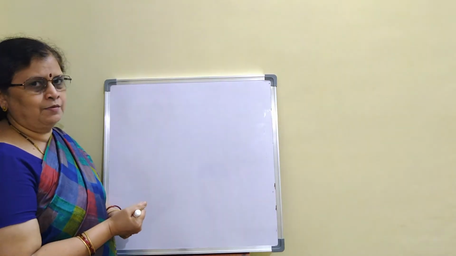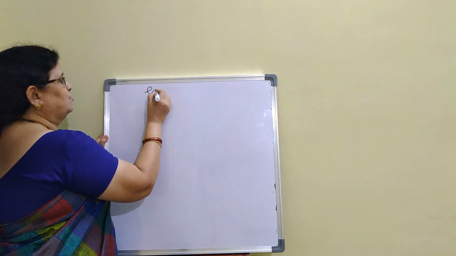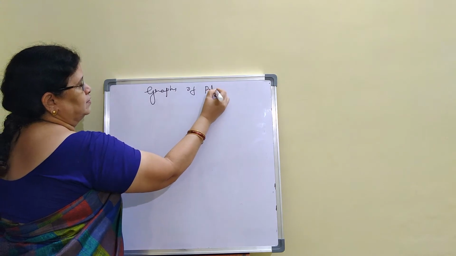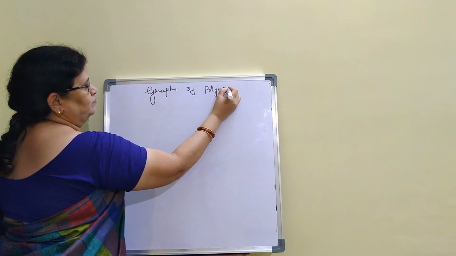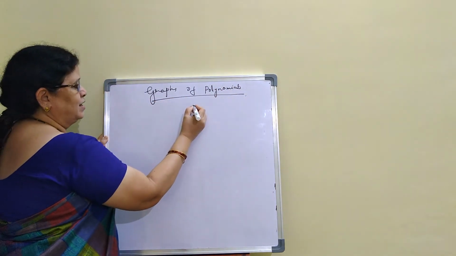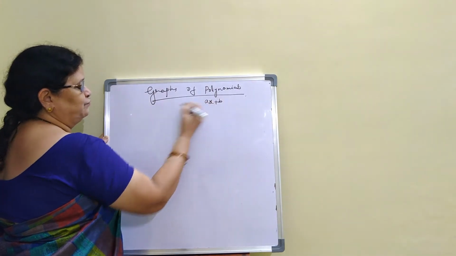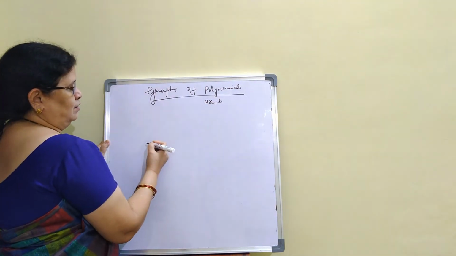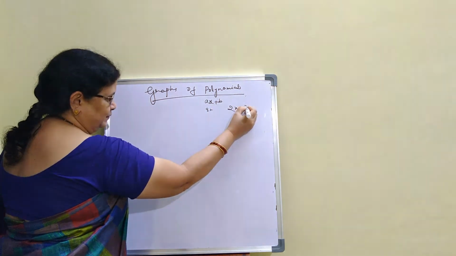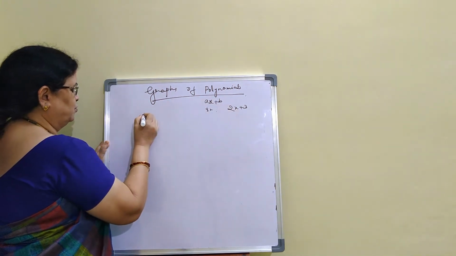Now we are going to learn about the graphs of polynomials. Suppose I take a linear polynomial of the form ax plus b, for example 2x plus 3. If I draw a graph for such a polynomial,